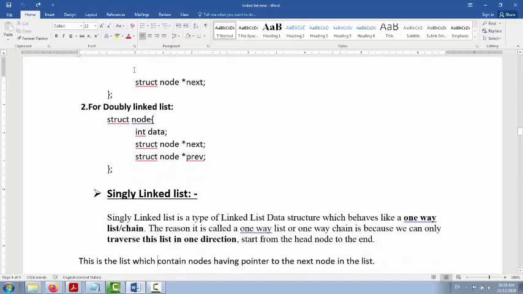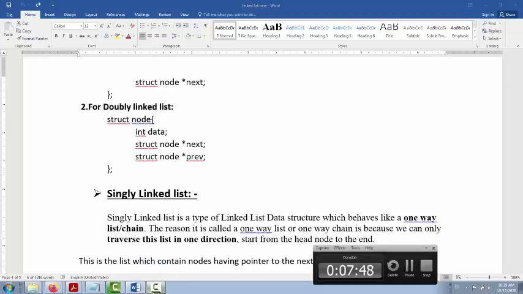For the doubly linked list, we use struct node, integer data, and struct node star next. This will store the address of the next node, and struct node star prev will store the address of the previous node. I hope up to this point you all understand what you are trying to learn. Thank you so much.